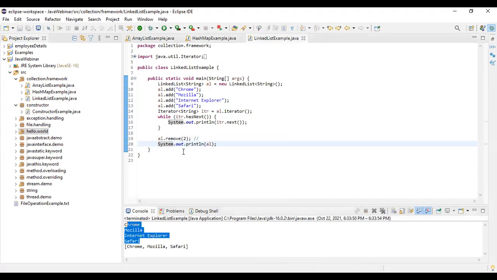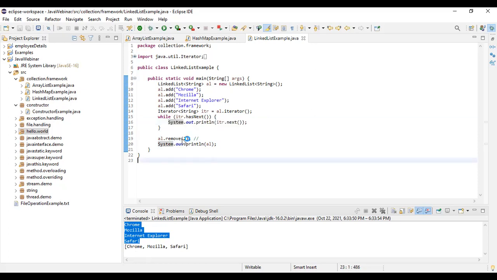See here, this is the first list. This is coming from this System.out, where I have given this print. So you can see the 4 which I mentioned, but this print is from after removing. So the second element means the third one. Internet Explorer is gone because the index always starts from 0. So 0, 1, 2. So index 2 means it will go for the third one. It also counts from 0, right? So that is the reason. So it has removed Internet Explorer and it is giving only these 3.